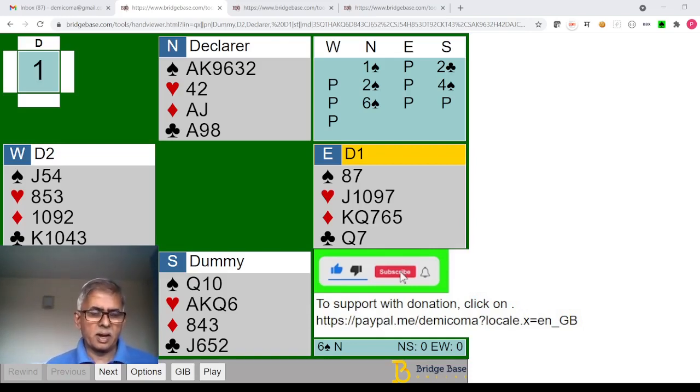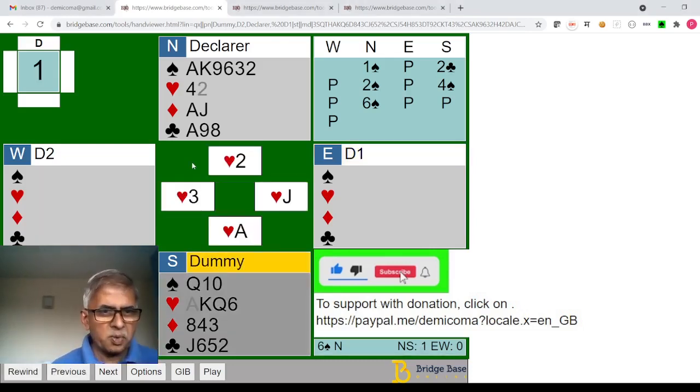The problem we looked at as a double dummy problem, let us now try to look at it as a single dummy problem, which means you will not see the east-west hands. So this is what you see in a single dummy problem. You won't be seeing east and west hands. Say ace leads heart jack, you win with heart ace. Now you have 6 top trumps, assuming trumps break 3-2, ace of diamond, ace of clubs, and 3 hearts, so 11 tricks. What is the best way to get the 12th?